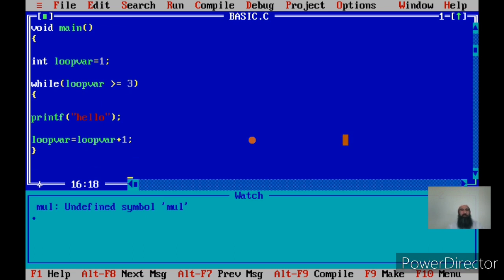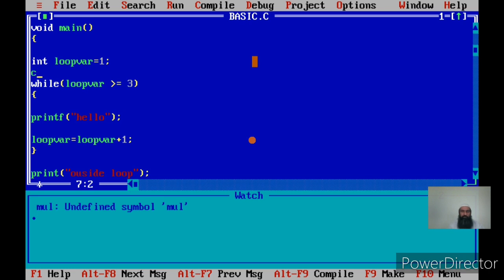Let me write another statement outside the loop body to make you understand which statements are executed by the loop. Okay, so this message outside loop should come when the loop is terminated. I told you in the loop you can specify the number of times you want to execute a statement or set of statements. So this is my statement that I want to execute, and I want to see here how many times it will execute.